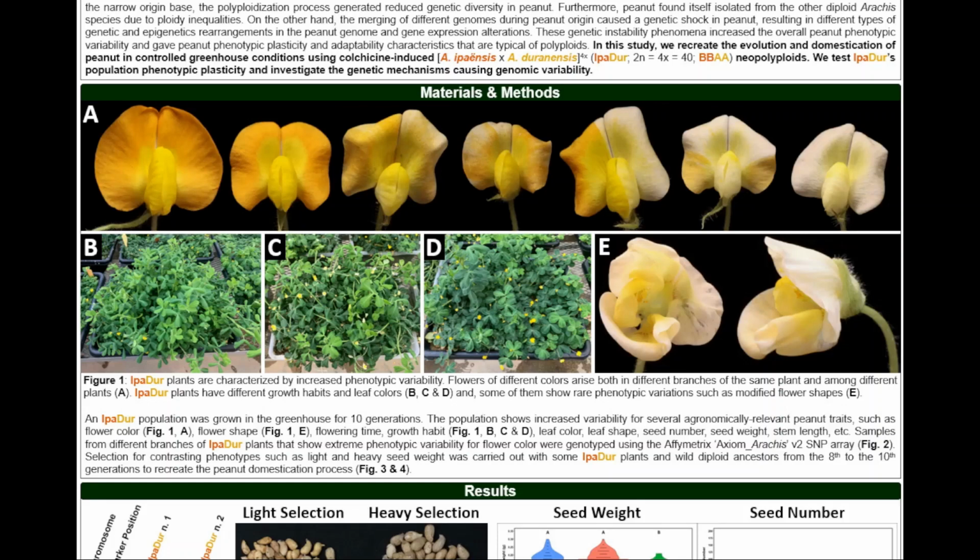Some genotypes have really rare phenotypic variation, and you can notice this in figure 1e, where we have flowers with modified shape. So this material is really, really diverse and really interesting to investigate the early evolution